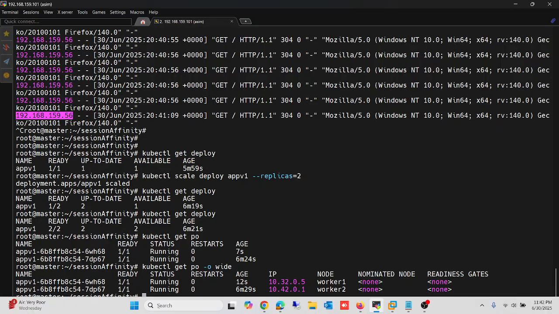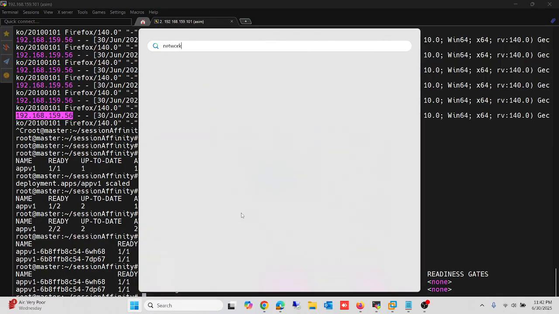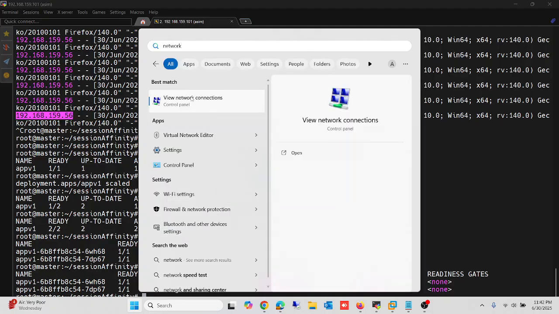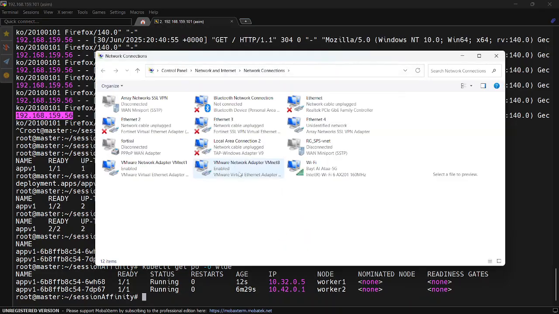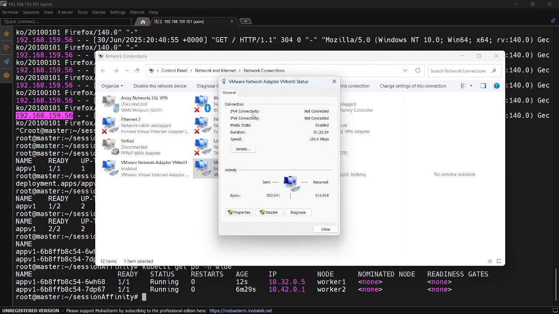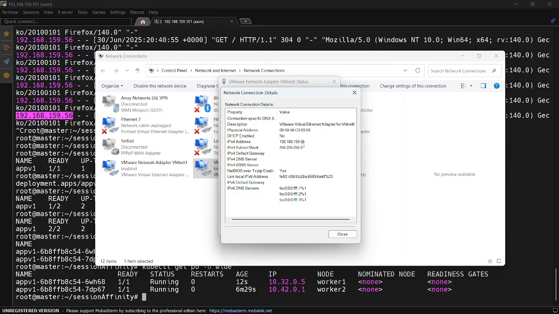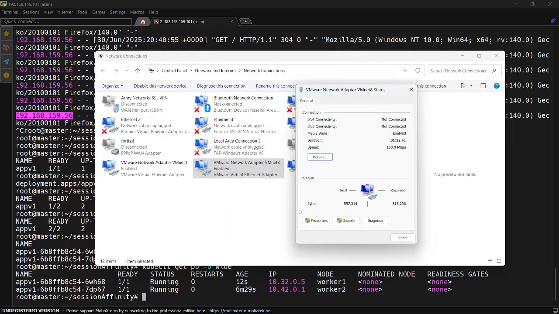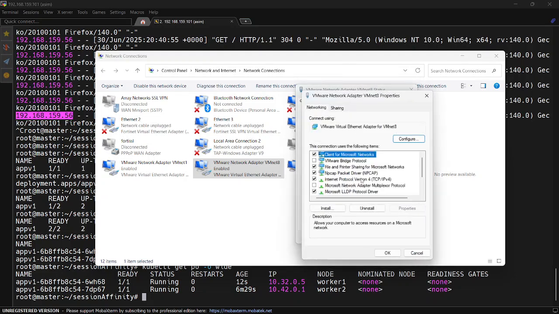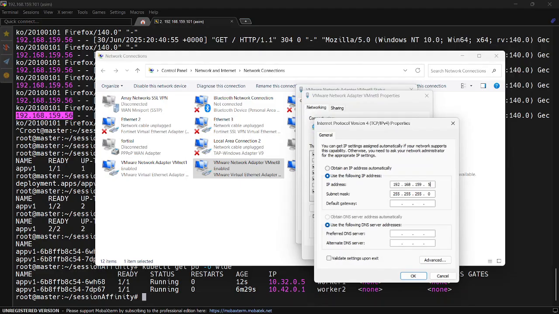So let me now quickly show you my network. I am using this whole lab on my VMware Workstation, and this is the network adapter. My virtual machines are connected with the NAT network, and here my IP is 159.56. So all the traffic that is going from this source IP is going to these ports. Let me change this IP to show you. If I change this IP to 57,